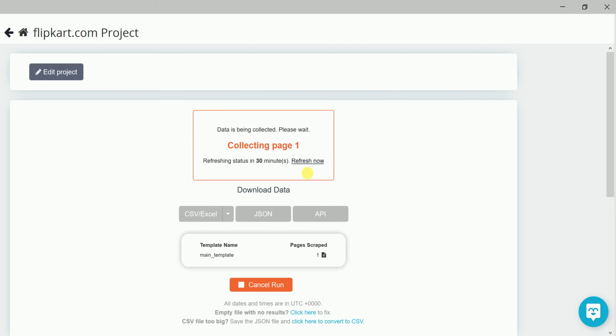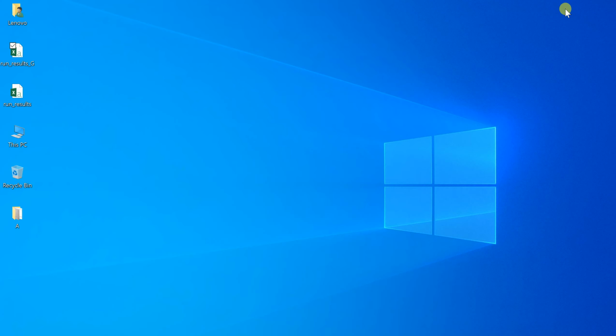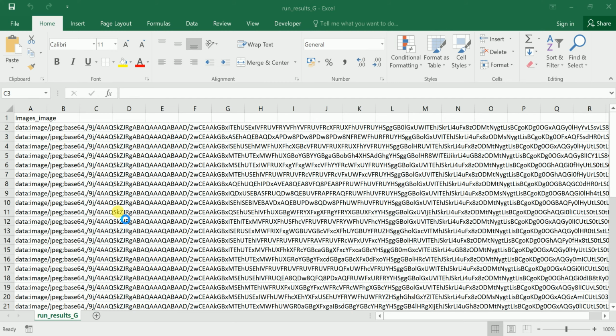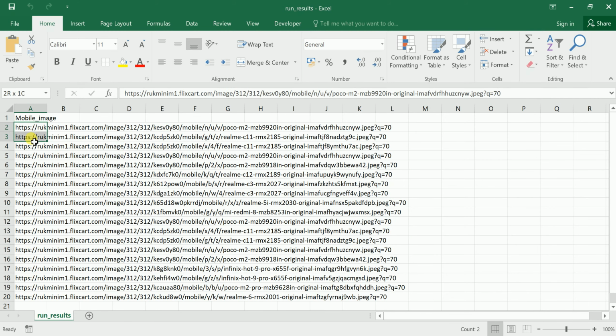Once it is done, it will show highlighted in green color. Then you can click here CSV or Excel, and it will be downloaded. Once it is downloaded, I'll show how exactly the file will be. It will be something like this, and you can copy the URLs from here.